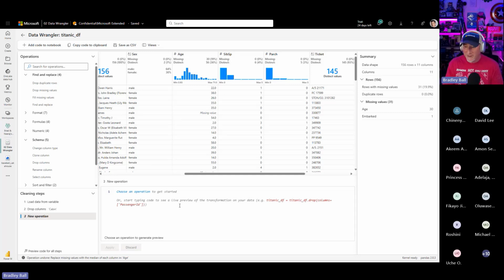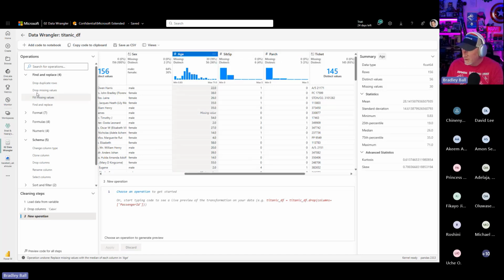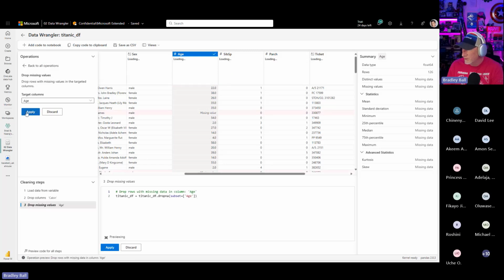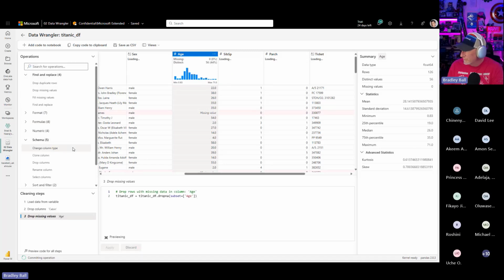So that way we've got that code in there and we didn't have to write any to be able to do these manipulations. Very, very much like Power Query is for M. Great analogy, sir. All right, so what I really need to do is get rid of missing values. So if I come over to age, you can see I could pick a drop down or I could just pick one. I'm going to say drop missing values. And so I'm going to drop the missing values in age.